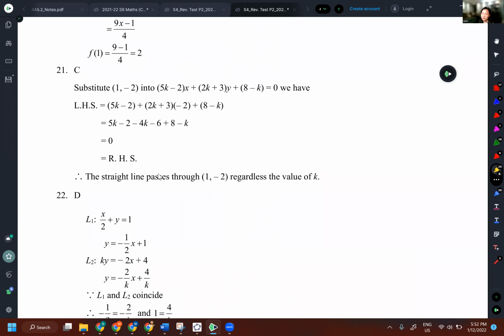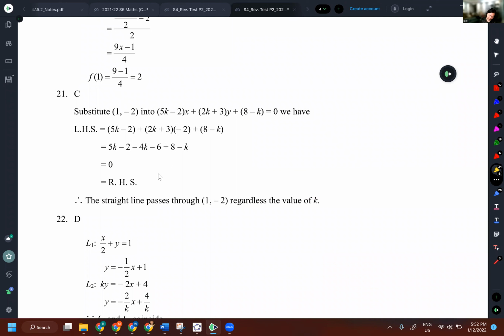21. Now this one is unseen as well. Because the question gives you an equation of a straight line, but the equation has k in it. Now, since we don't know what k is, usually we have no idea what the straight line is like. Usually we shouldn't have any knowledge of the straight line. We cannot find the slope, we cannot find the y-intercept, we cannot find the x-intercept, because all those things are related to the coefficients, and the coefficient is not known. Okay. However,